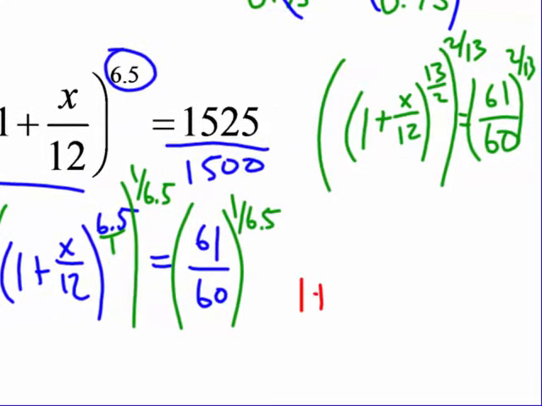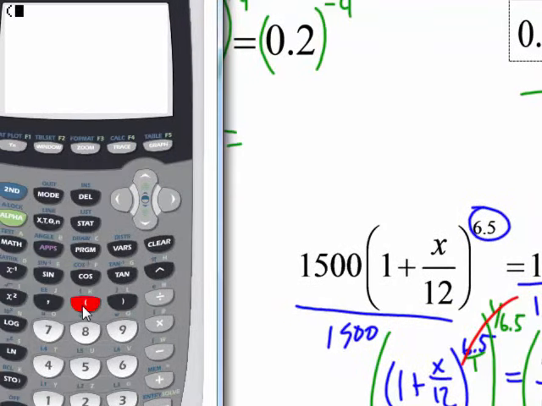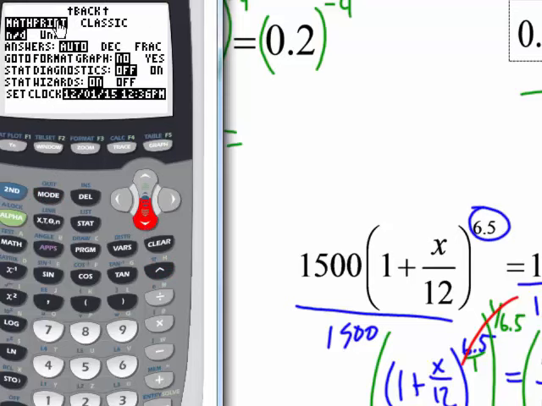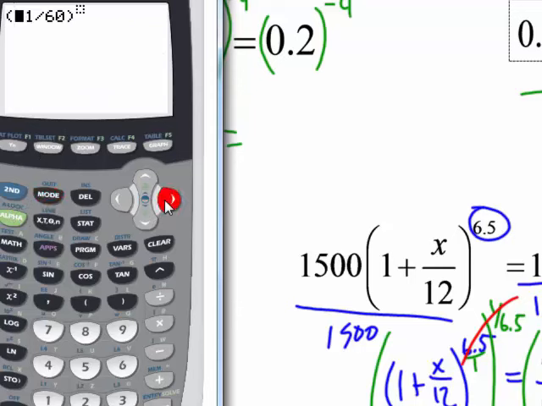And then what would I have left in this case? Well, that gets rid of my parentheses in the exponent, right? Because these cancel each other. And this is where you just have to be careful how you type it in. So I'm going to go 61 divided by 60. I'm going to make sure that's in parentheses to the, and remember, if it doesn't pop up like that, you need to put it in parentheses, depending on what your mode is. Since my mode right now is in math print, it goes to an exponent. If it's in classic, it wouldn't go to an exponent. So you just have to be careful. So I'm going to go back up into my exponent here. So 1 divided by